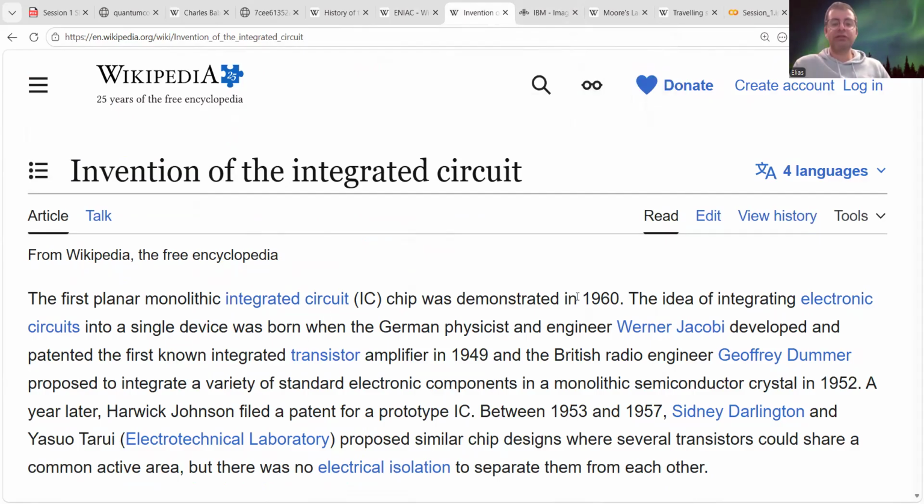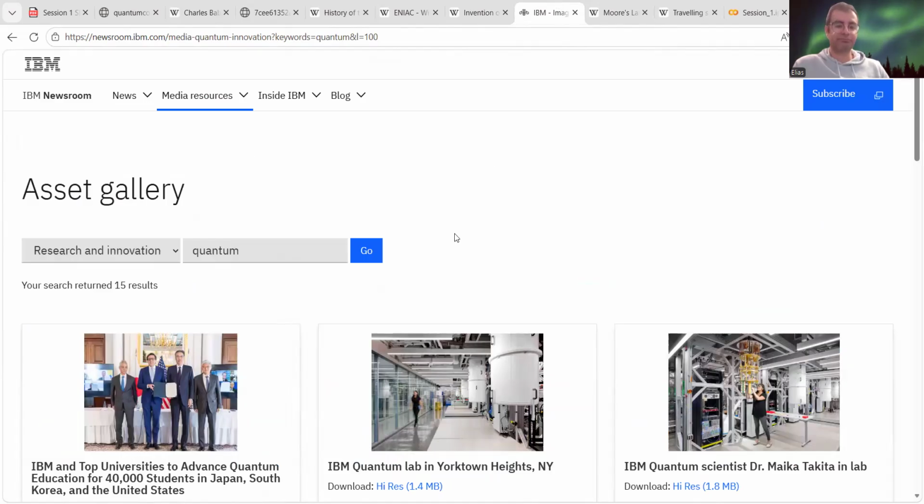So this was done around the 1960s, and that actually was the other breakthrough that made it possible to build larger scale classical computers, the electronic computers that we are using today.